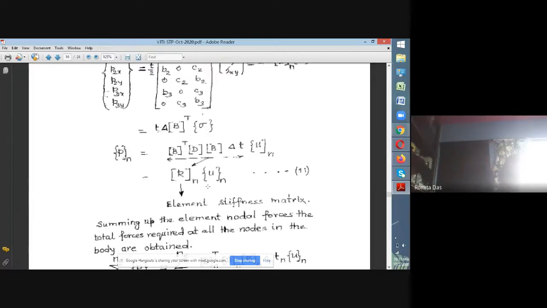So this point is again one analogy I like to give. If you think of a single spring, let's say you just have a single spring which is fixed at one end and the load is applied at the other end. The spring stiffness is K and you apply the load P, then P gives rise to a displacement which is given by P equal to K into displacement. So therefore you see that K is the stiffness of the spring.